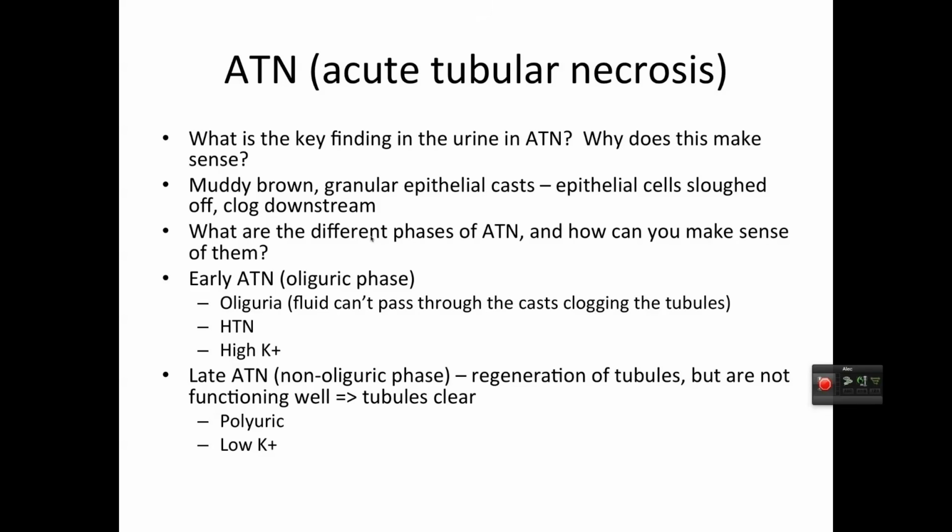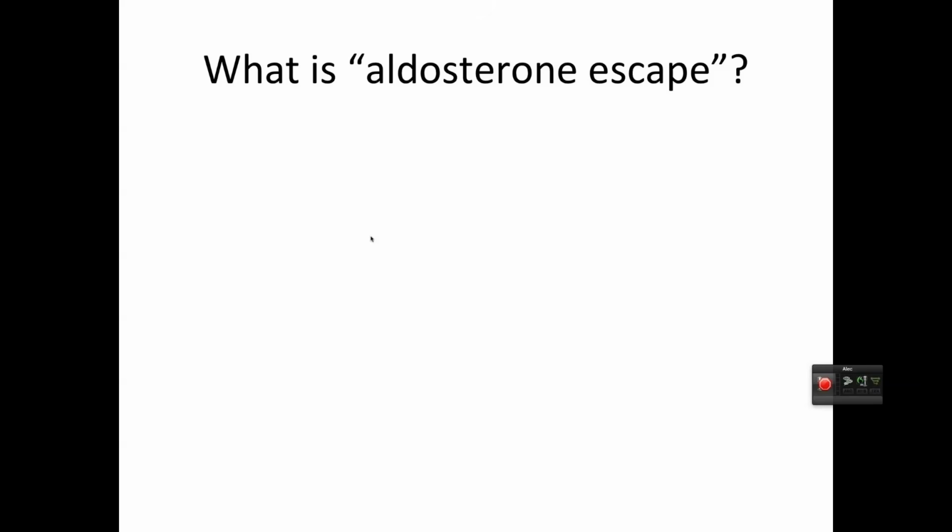So, but you're also going to lose solutes and lose potassium. Make sense? Okay. We're going to talk briefly about aldosterone escape. So what is aldosterone escape? When you have a lot of fluid in your system, like high blood volume, your atria sense the stretch, and then they secrete ANP, which helps